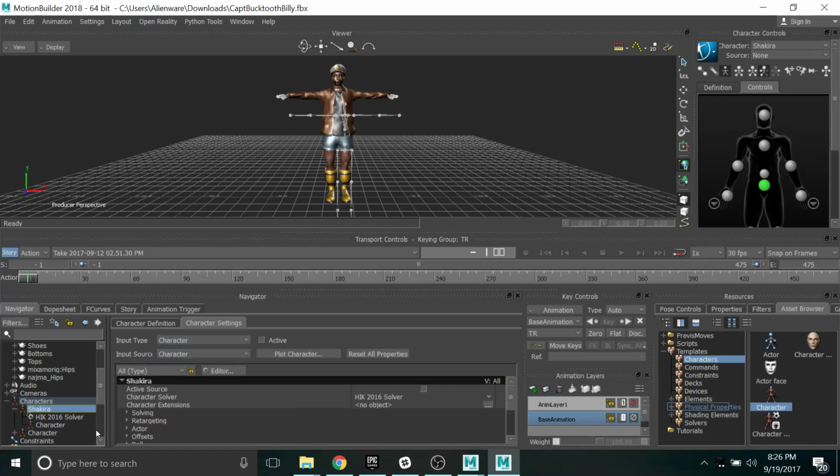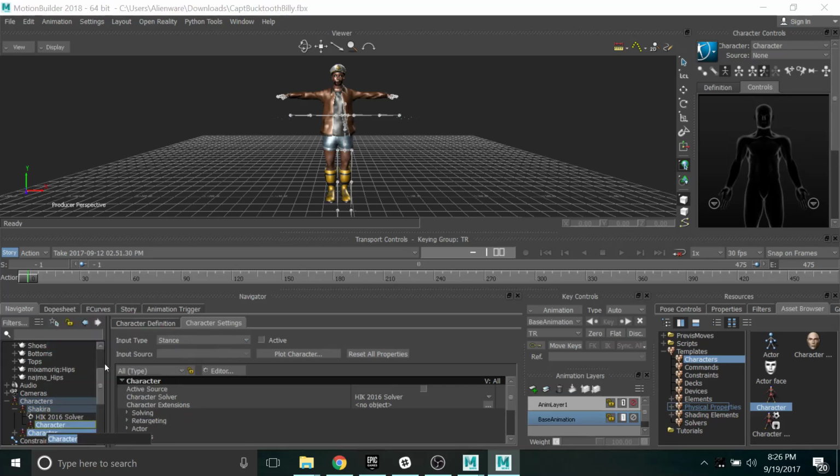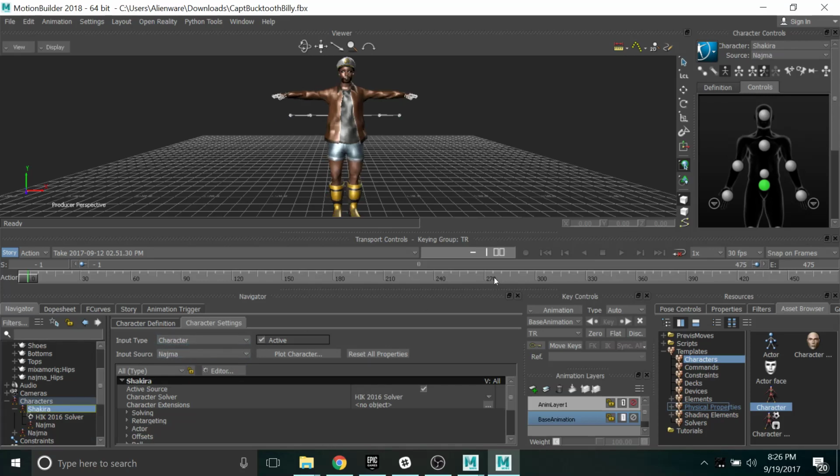We want to import source. We want the data to be coming from what was called character. This is Najma. We could have renamed it. So let's go back to characters, Shakira, and we want the character to be driven by what's called character. We can rename this if we want to make it easier for us to understand. That's Najma, Najma's data. We go back to Shakira. It's going to be getting character data from Najma because we characterized it. This is characterized data from Najma. We make this active, and then front and center we see that we have